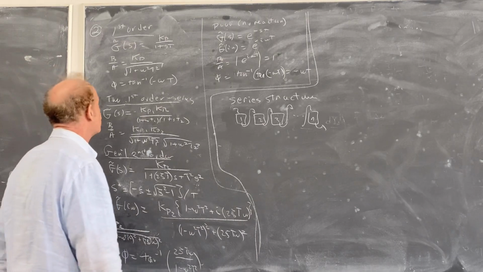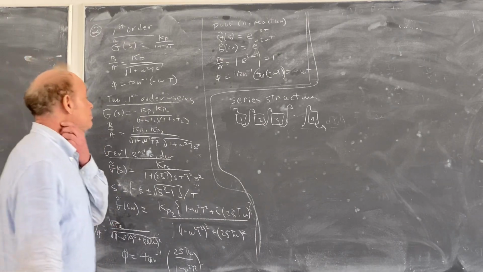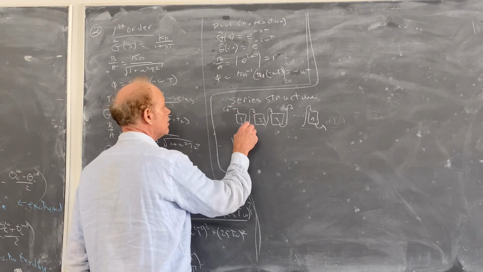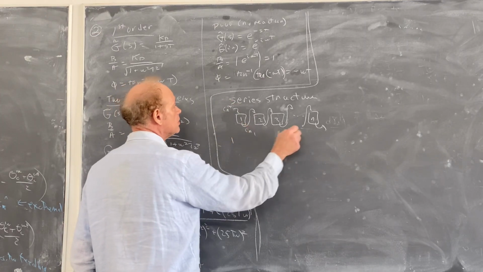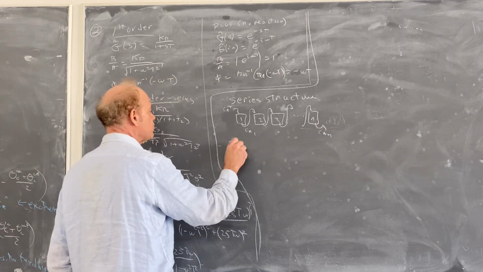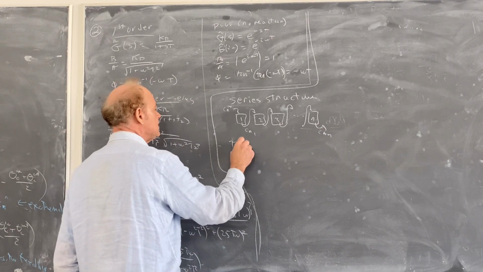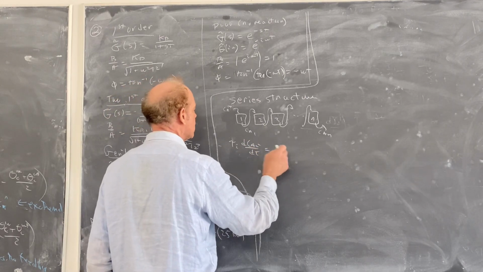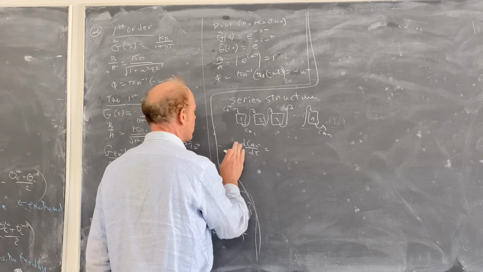We already saw that for each one of these, with CA in, CA1, up to CAN, we can write tau I dCAI/dt is equal to